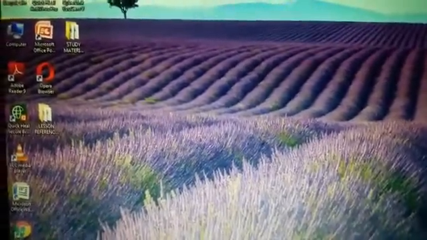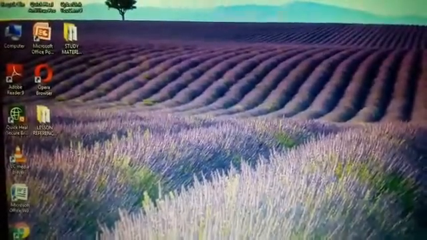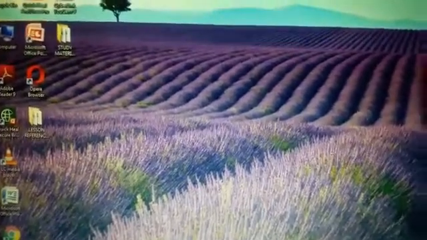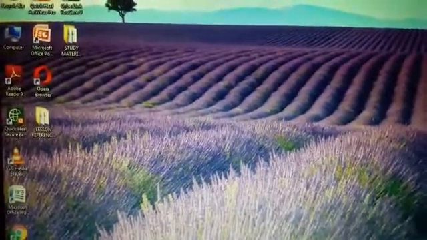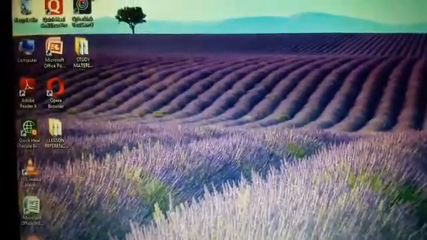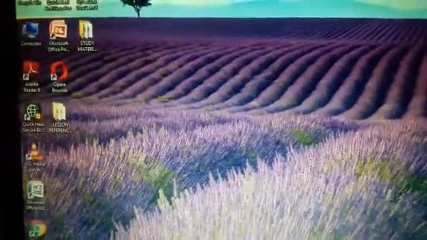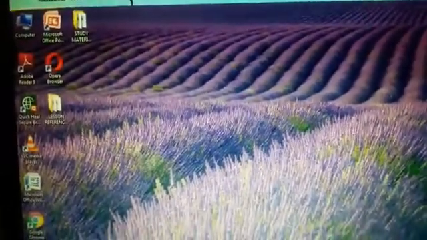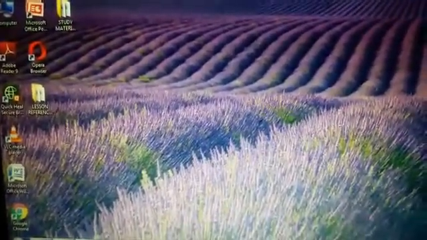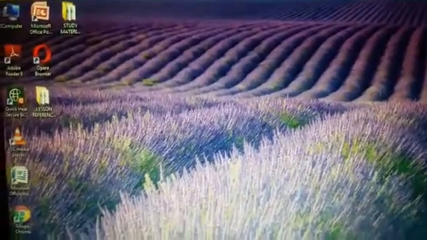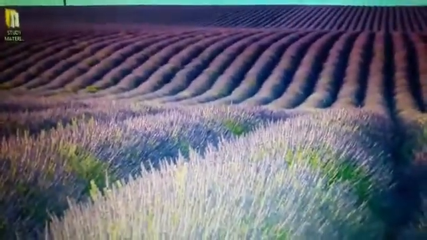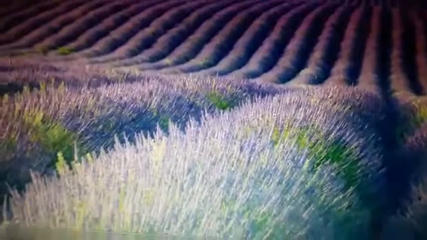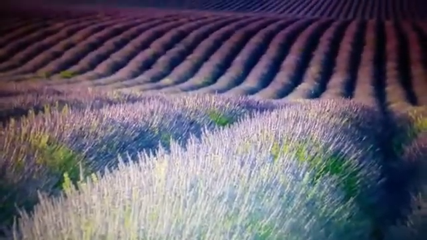So today, let us study some of the basic features of Windows Basics, which are common in every Windows operating system, I mean in all the versions. As you can see, this is a screen, and the picture or the wallpaper that you are seeing is called the desktop.